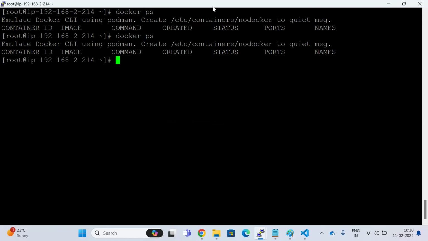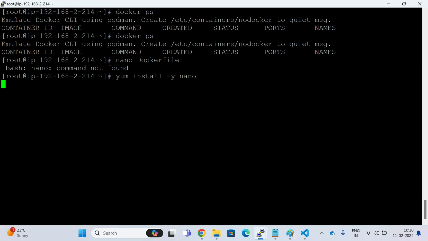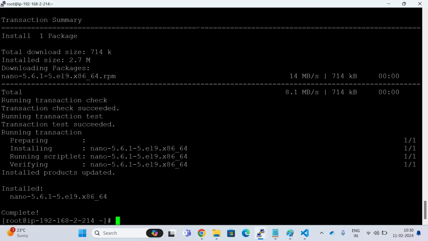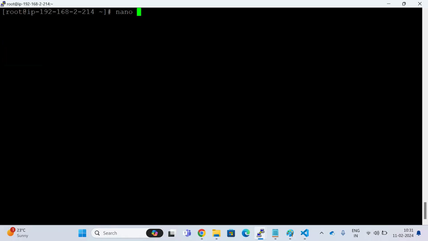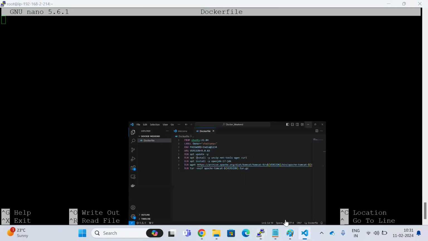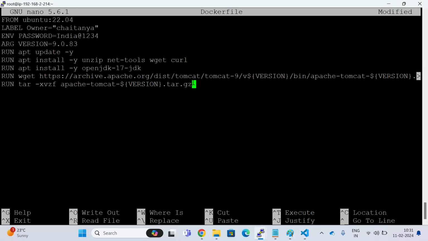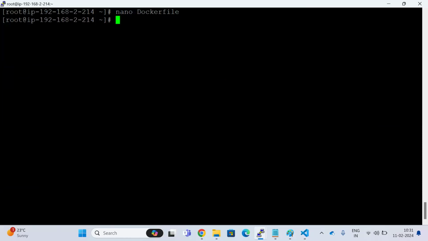So now what I will do here is I will create a nano Docker file. I'm going to create a Docker file. Okay. Yum install -y nano. You can give DNF or yum, no problem. Okay. So nano Docker file. Here I will copy this entire file and paste it over here. So let me save this and then